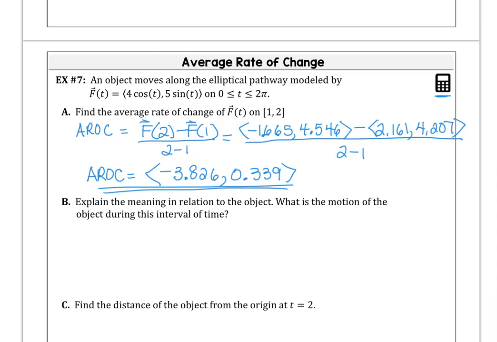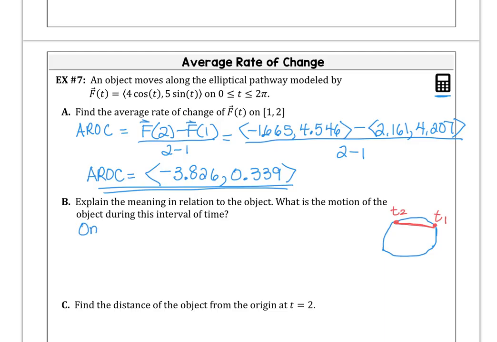Explain the meaning in relation to the object. What is the motion of the object during this interval of time? So think about the graph with me for just a minute. We've got this elliptical shape here, and we're starting at t is 1, and we're stopping at t is 2. So we've got this kind of a shape. We're going left and up, but at a slight